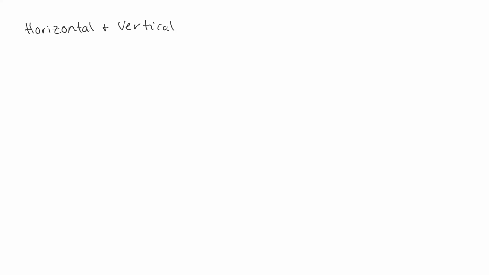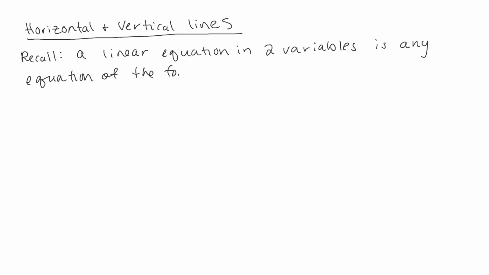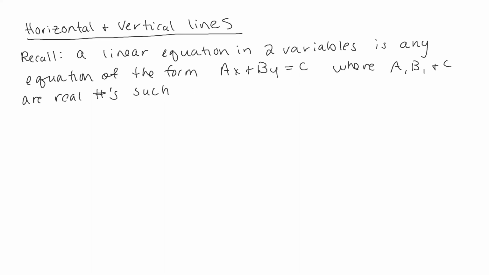I do want to remind you of a definition. I'm going to give you a little background information here too. Okay. So I'm going to say recall. There we go. A linear equation in 2 variables is any equation of the form ax plus by equals c, where a, b, and c are real numbers such that A and B are not both 0. Okay. Now it's okay if one or the other is 0, they just both can't be 0 at the